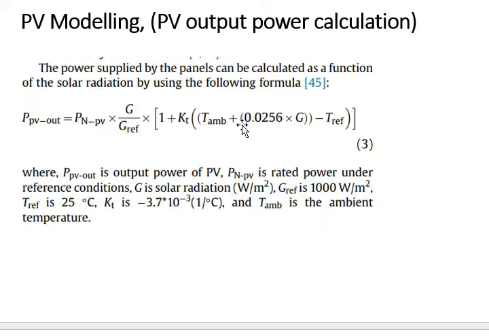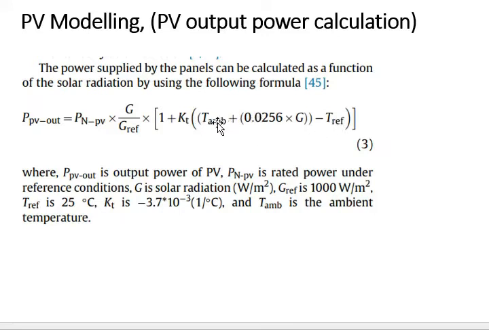The second thing is the ambient temperature. When solar rays fall on the PV cell module surface, the overall mean temperature will be T ambient, the ambient temperature. So the rays also increase the temperature of the module surface, which will be given by this. Adding both of these, then subtracting the T reference, which in most cases is 25 centigrade.